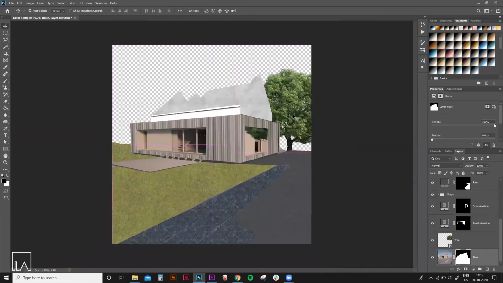Now following the same procedure to hide the unwanted areas from our trees and our bushes.